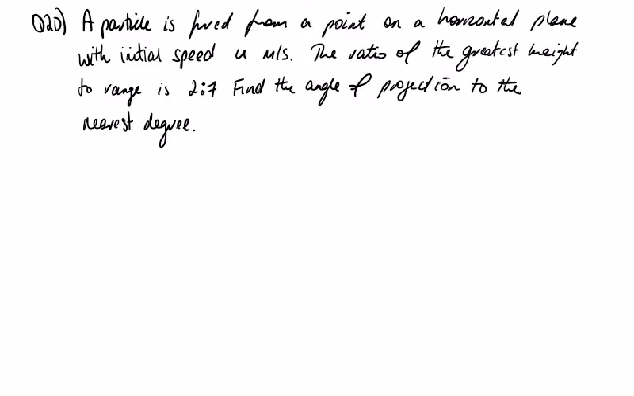In question 20, a particle is fired from a point on a horizontal plane with initial speed u. So it's another ratio question. The ratio of greatest height to range is 2 to 7. Okay, let's look at greatest height to range, 2 to 7. So just write down your formula again. Greatest height